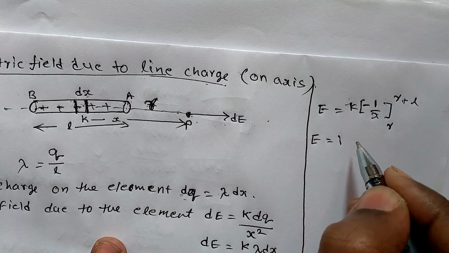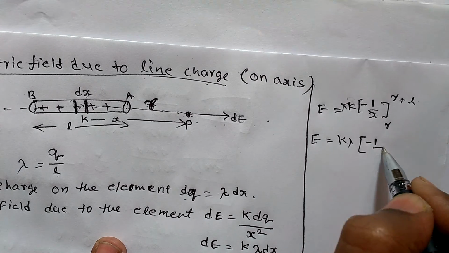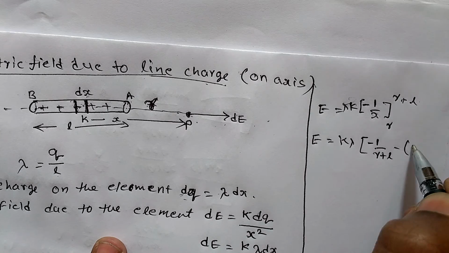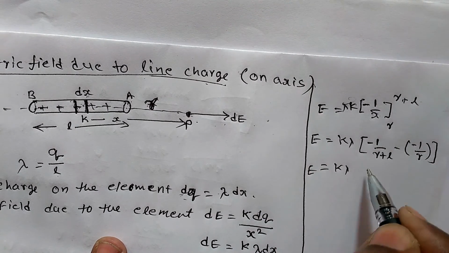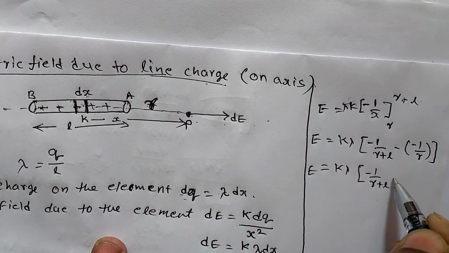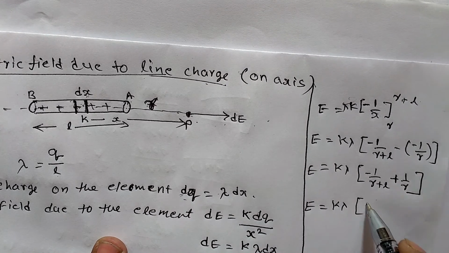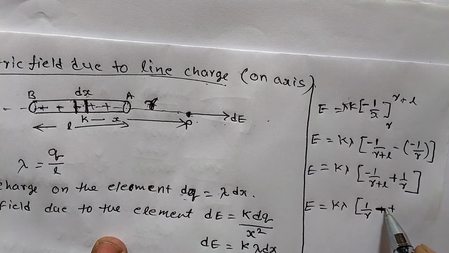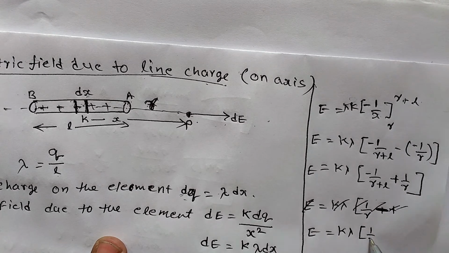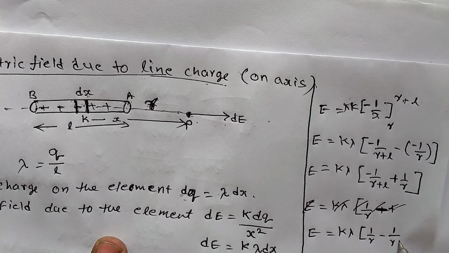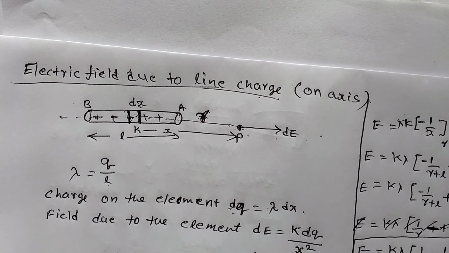Then E is equal to k lambda into minus 1 by R plus L, minus of minus 1 by R. Now E is equal to k lambda into minus 1 by R plus L plus 1 by R. So E is equal to k lambda into 1 by R minus 1 by R plus L. This is the field intensity due to